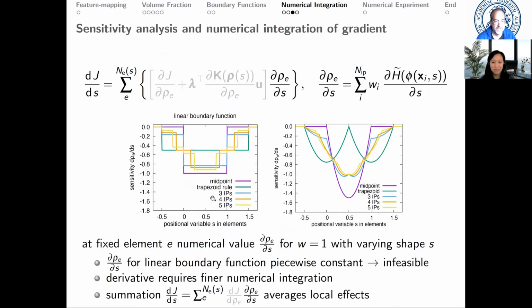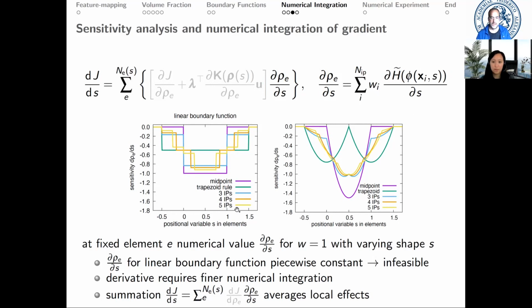It becomes worse when we go to numerical integration or to sensitivity analysis. The nice thing with feature mapping is that, by the chain rule, most of the gradient information comes from the SIMP problem. So the SIMP mask, the SIMP implementation, all the physics, all the functions we can reuse. The only thing we need to add is the derivative of the pseudo density with respect to the shape function,